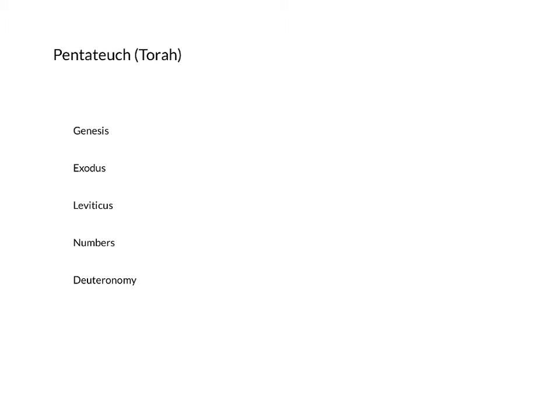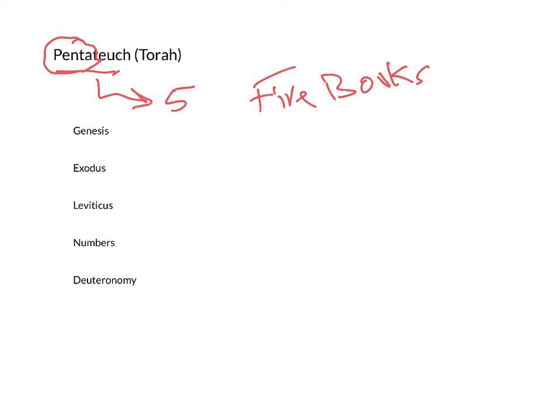Testament in both the Jewish Bible, what we call the Old Testament, and in our Christian Bible, the older of the two Testaments, is usually referred to as the Pentateuch. Now, the Pentateuch comes from, you might recognize the part of this that means five, like a pentagram or the Pentagon, which is a five-sided building. So Pentateuch literally means five books. And these are the first five books of the Bible.